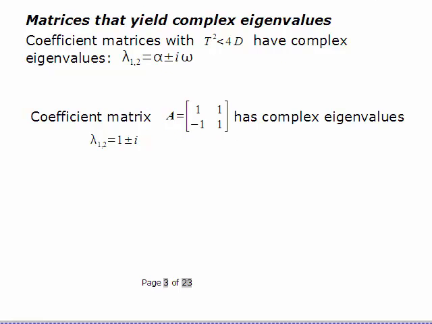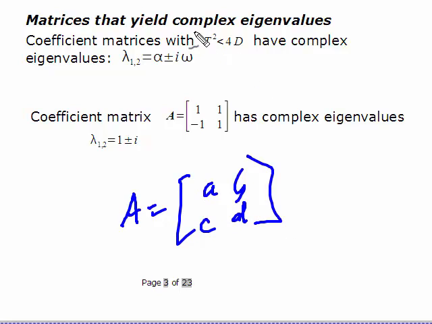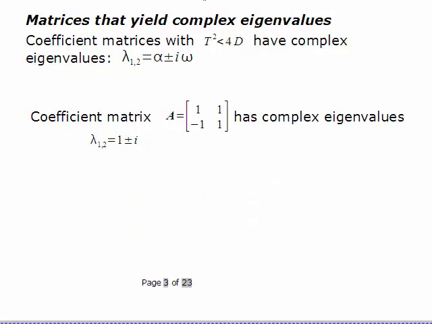Now the matrix that has complex eigenvalues, and that's what we're discussing here for the centers and the spirals, of course is a coefficient matrix. So we have A such that the trace squared is less than 4D. And that is because, as you remember,